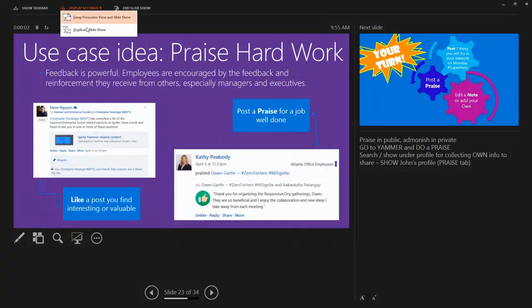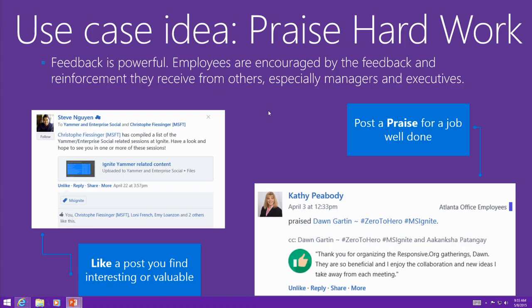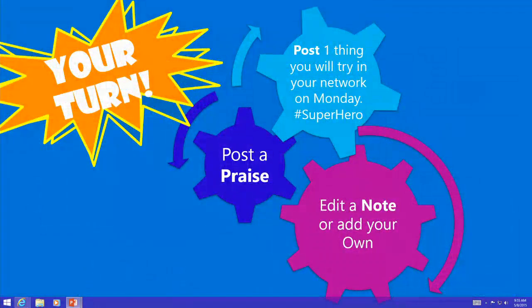Question? Yes. Hi. Is all this content available on Delve? So with the Delve integration, the public posts in Yammer will be discoverable. I don't know if that's out yet. John, do you know if that's out yet, the Yammer being discoverable? They're still working on that, but it will start populating any of the documents that are stored in Yammer versus SharePoint. So that's the other aspect of discoverable things. If things are happening in Yammer, in email, in OneDrive, then that Delve functionality can help pull it all together.